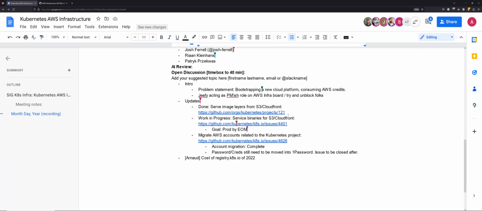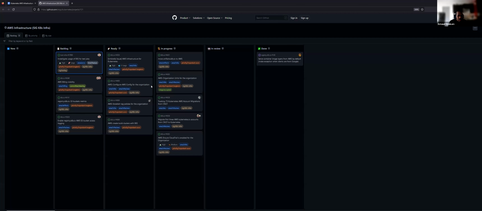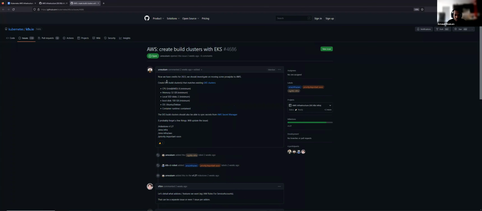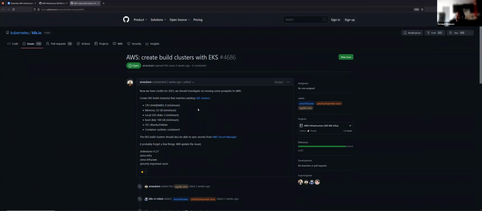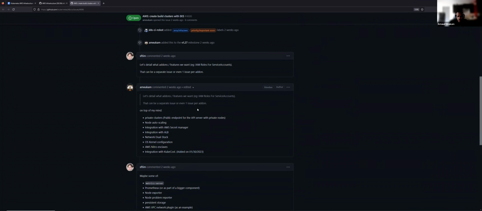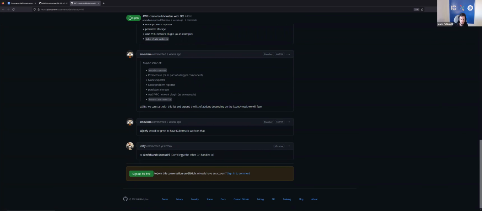Sorry, are we looking at spinning up our Prow build clusters in AWS next month, or is that something we're doing later in the year? This month, in fact. There's an issue I created. Where is that? Yeah, I'm going to zoom in. So yeah, we can put that in the doc. I created an issue, and I hope Kubernetes folks look into this. I think Jiffy put a tag for the folks, so we can start taking a look. Anyone interested in working on this, feel free to.